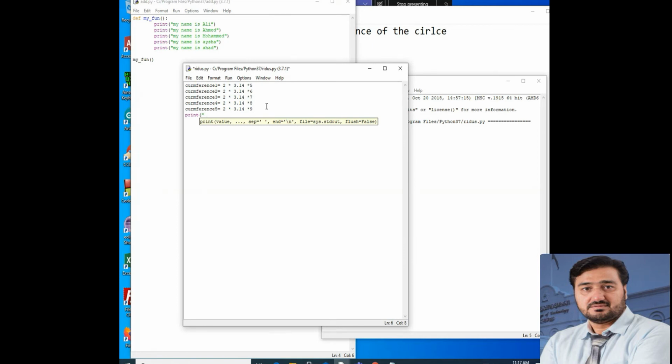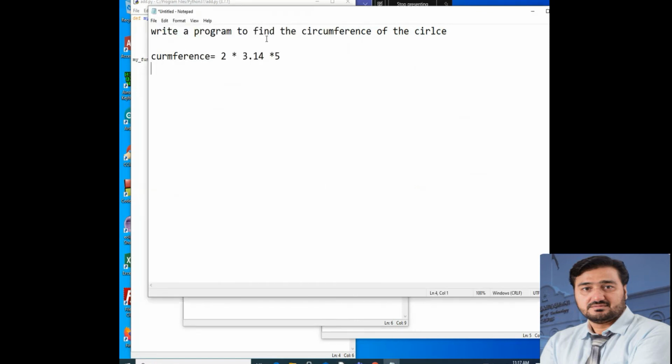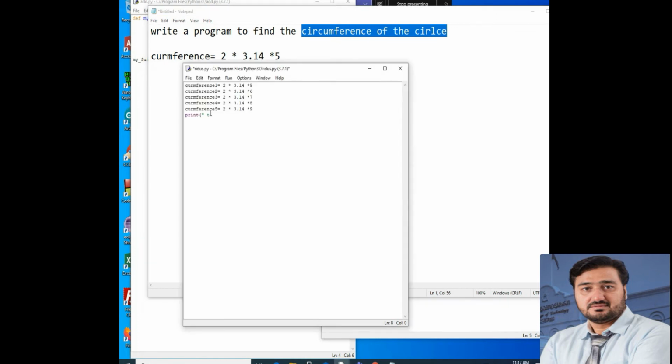Circumference. It needs to print the circumference of the circle. So here, circumference 1. If you need to print 100 times, you can see here, Control C, circumference 1, then